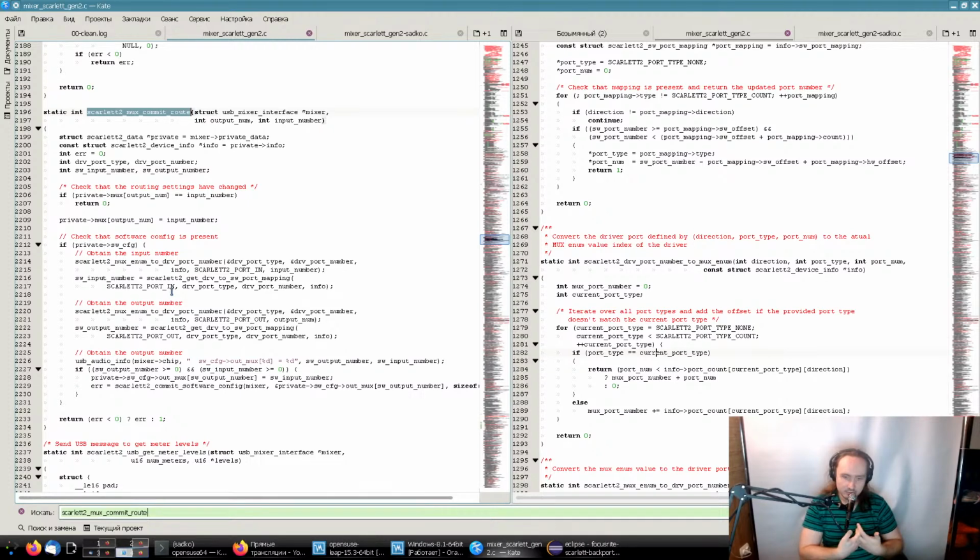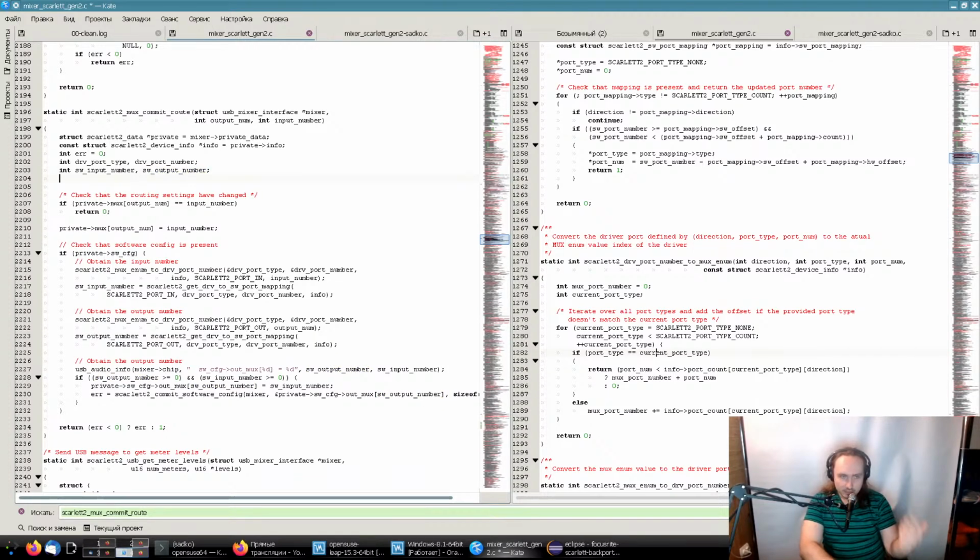And if the stereo mode is enabled, then we need to properly encode the number of the output port here, and write the proper mask to the bit mask. So for this case, we need to read this value from the software config first, the mask value from the software config. So the U32,